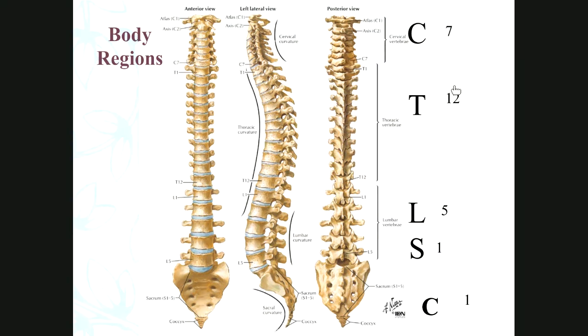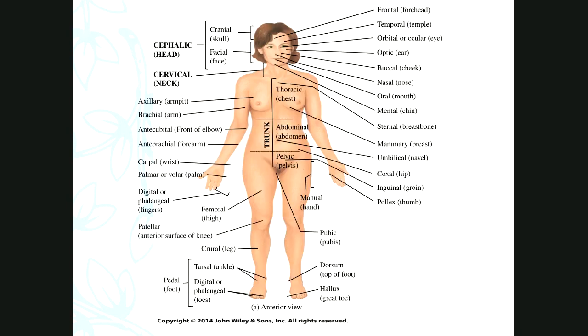We have lunch at 12 p.m. and we have 12 thoracic bones. We have dinner at 5 p.m. So we have 5 lumbar bones. There's 1 sacrum and 1 coccyx. So again, this refers to the different regions: